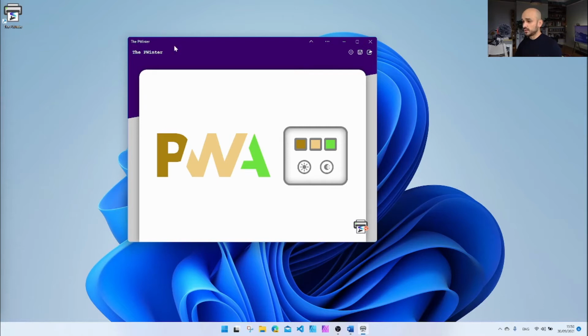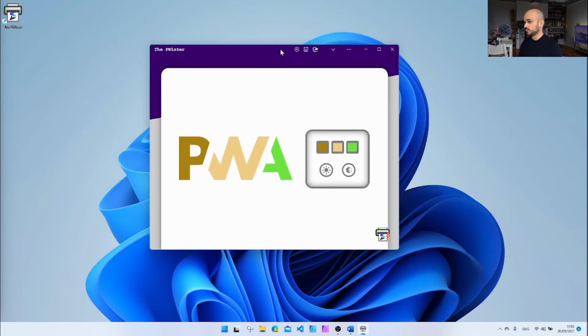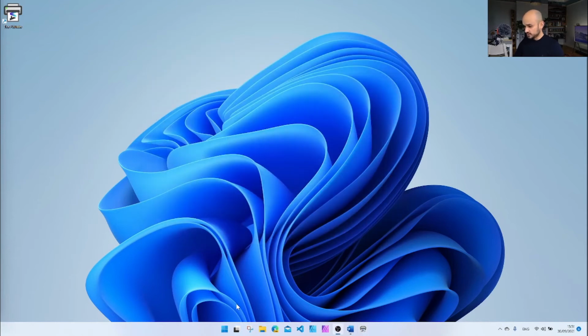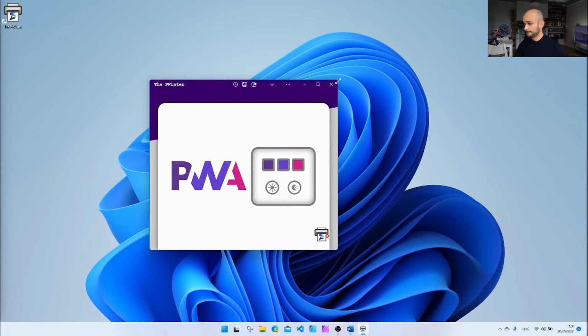Now, with this API, you can use JavaScript and CSS in order to put certain content into the title bar. In this case, I want this custom title that I have, and these action buttons for a new logo, for saving the logo, and for sharing the logo to go in the title bar just as it's displayed at the moment. Now, this chevron is the one that allows me to show the title bar or to hide the title bar. If I go ahead and close this application, and open it now from the start menu, we're going to see that the state of window controls overlay is remembered through different openings and closings of the app.